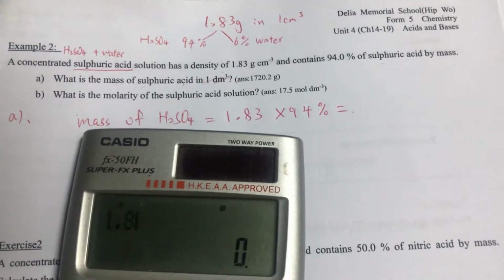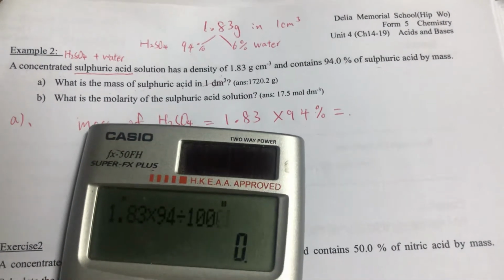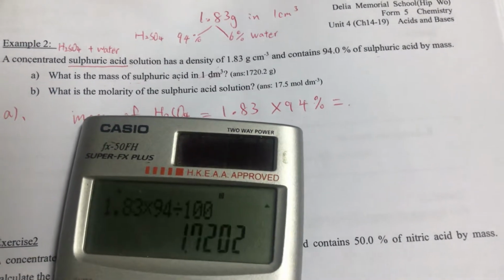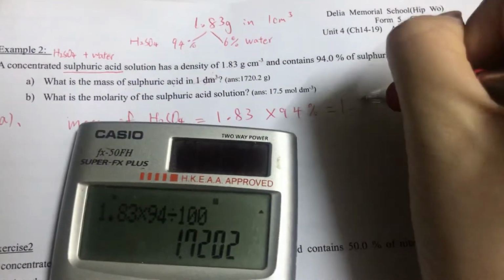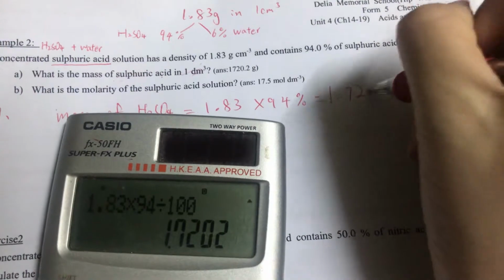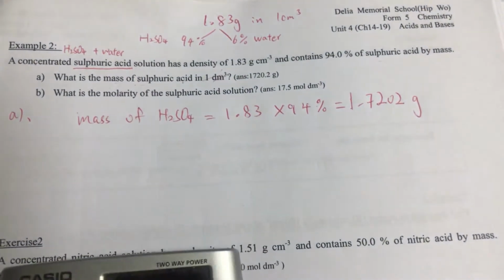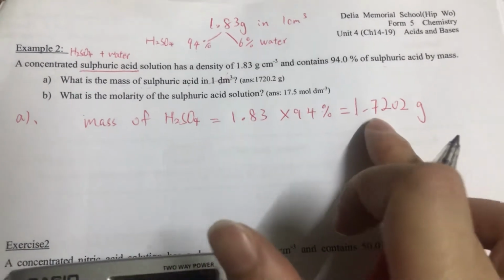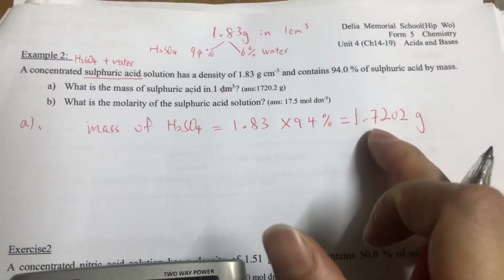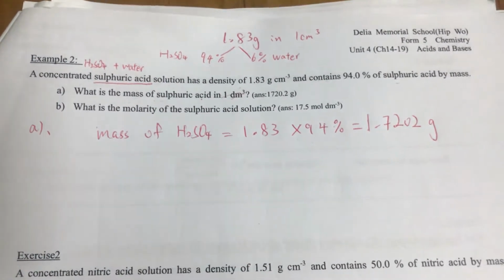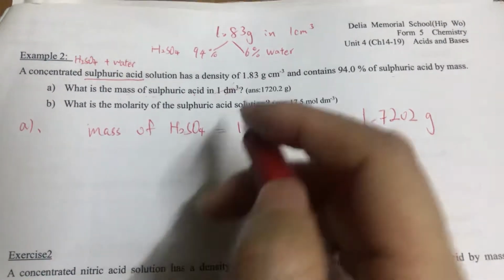So 1.83 times 94 divided by 100. So the real mass is 1.7202 gram. This is the real mass for H2SO4. If you use the total minus this, around 0.11 gram, it's the mass for water. Okay. So now, this is the mass of H2SO4 in